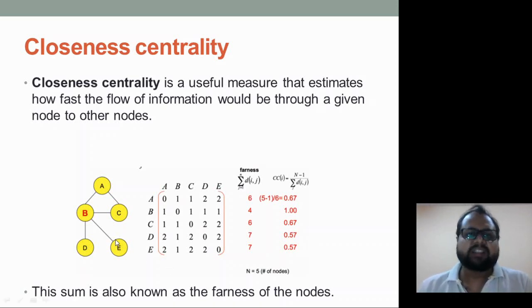E का देखते हैं नाउ, E का थोड़ा हर जगह पे 2 आएगा क्योंकि E का A के साथ है EBBA, सो 1 1 दैट इज 2। E का B के साथ डायरेक्ट कनेक्शन है तो 1, C के साथ सेम 1 and 2 दैट इज EB and BC, तो 1 + 1 is 2। D के साथ होगा इसका वापस 1 and 2 एंड E का E के खुद के साथ होगा 0। सो होपफुली यू अंडरस्टूड।